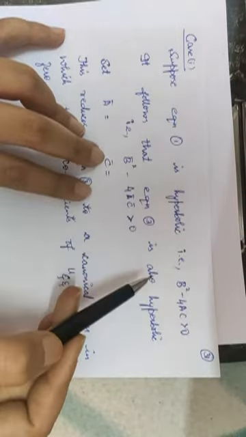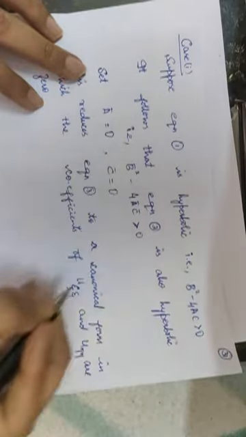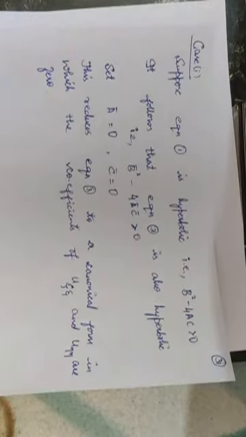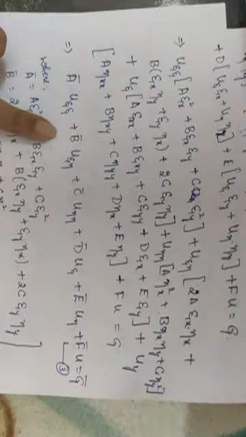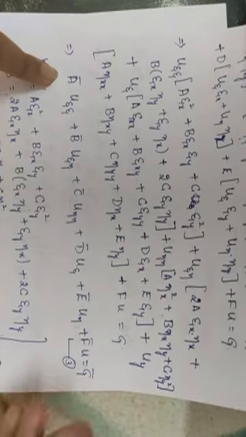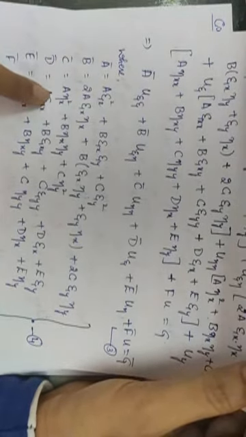Obviously it will be greater than 0. So we will set the values of a bar and c bar as 0. If the values of a bar and c bar are 0, then in your equation 3, a bar and c bar vanish. That means the value of a bar and the value of c bar will be equal to 0, right? So from equation 4,